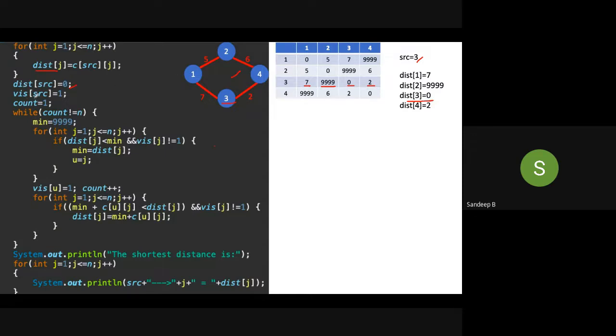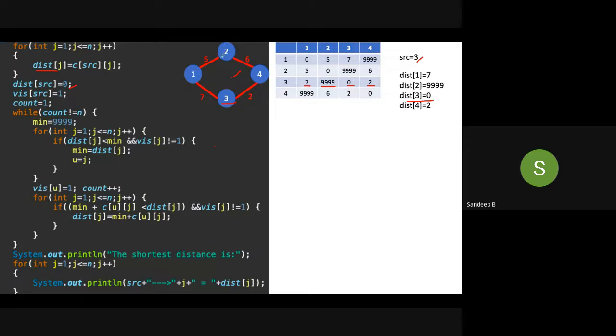We are initializing the visit array. Next, visit of source is equal to 1. The visit array I have also told in the previous function. Visit and distance are two important arrays. Visit of source is equal to 1 means visit is an array which will keep track of visited nodes. I have 4 nodes. So visit of source is equal to 1 means we are already starting with this node, so I will make it as 1. This node is traced in the program.